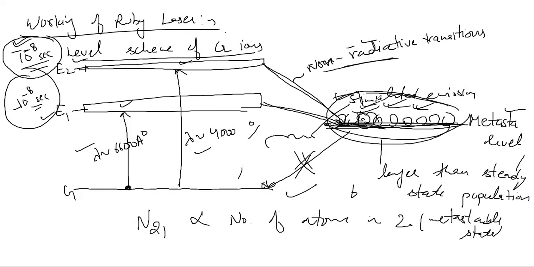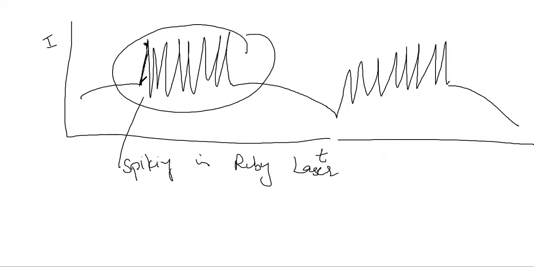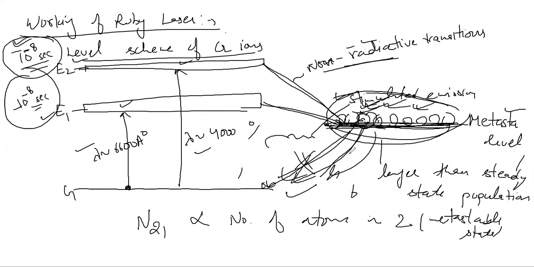So if you continuously keep on increasing the number of atoms here and you just reach beyond the threshold limit which could be populated in this level, what would happen, suddenly all the atoms would jump to the ground state. फिर क्या होगा, आपकी यहाँ पे जो इंटेंसिटी है इनिशियली जो बिल्ड हुई थी, इट विल स्टार्ट टू गो डाउन। अब अगर ये डाउन हो जाएगी इंटेंसिटी, दैट मीन्स अब आपका यहाँ पे स्टिमुलेटेड एमिशन होना बंद हो गया है।